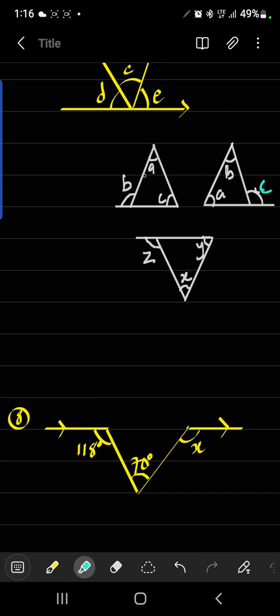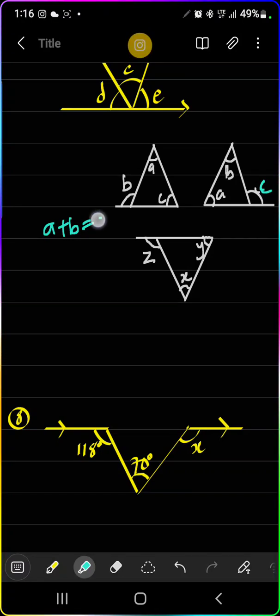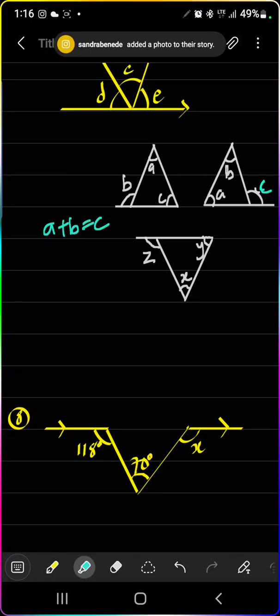If you have a triangle this way, and you see that there is an angle outside the triangle, the value you get for this angle outside the triangle is the same as the value you get for adding the two opposite angles in the triangle together. That is A plus B